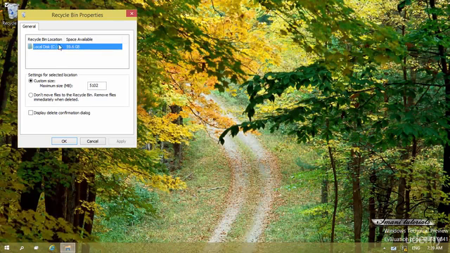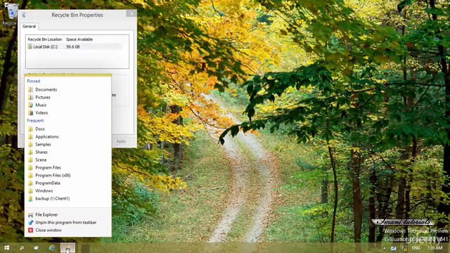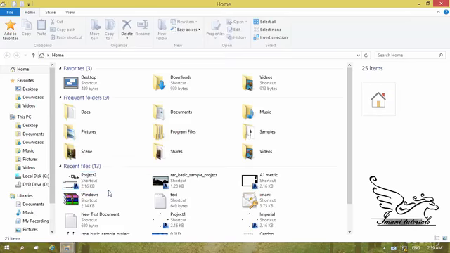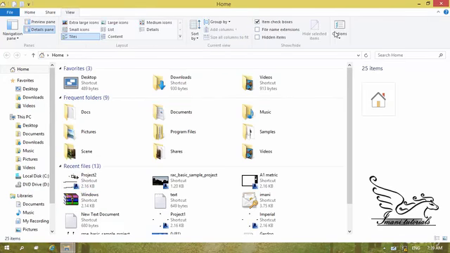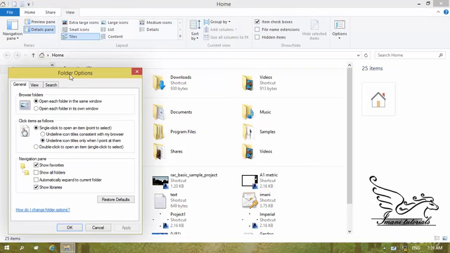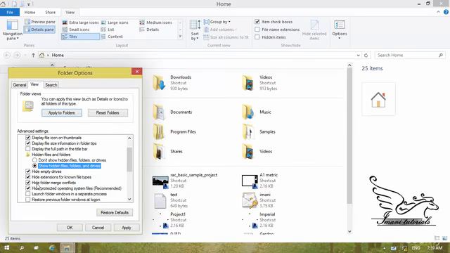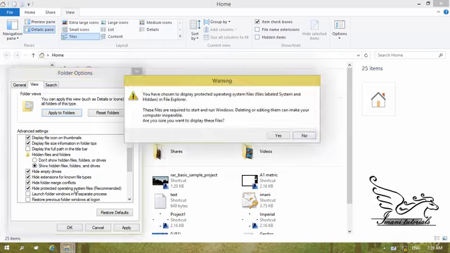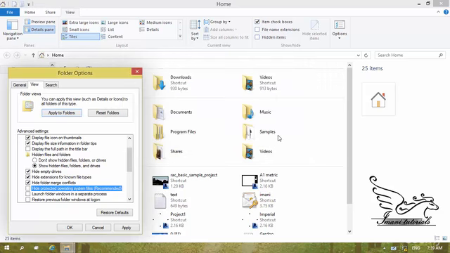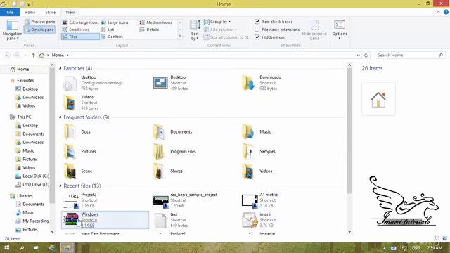Now, where does this recycle bin exist? If I open File Explorer, I right click on File Explorer here and go to File Explorer, and I want to show you something. Let me go to View tab and go to Options, and by opening the folder options, I want to go to View tab again, and here I want to click on Show Hidden Files, Folders and Drives and Hide Protected Operating System Files. This will give you a warning. That's okay for now. Just click on Yes, and by clicking on Apply and closing this window,